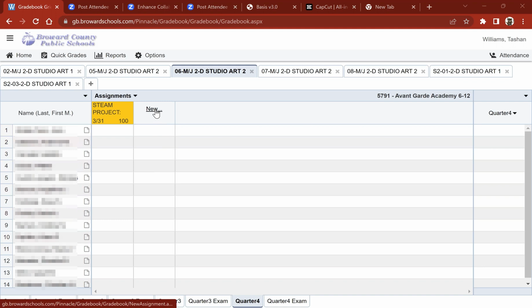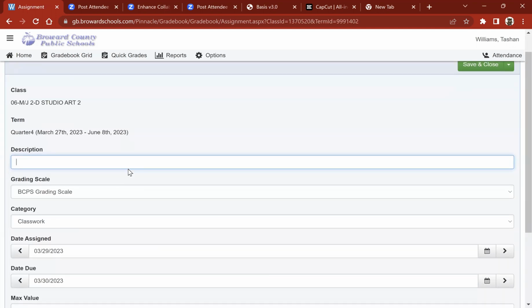So what you're going to do is hit new, and you need to give your assignment a description. Now, personally, I always choose something specific. Don't just say test. Say test on American Revolution or American Revolution test, Civil War test. That way, if the student is missing something and you've got 18 grades at the end of the quarter, it's a lot easier to figure out what assignment the student is actually missing. So we are going to put test assignment